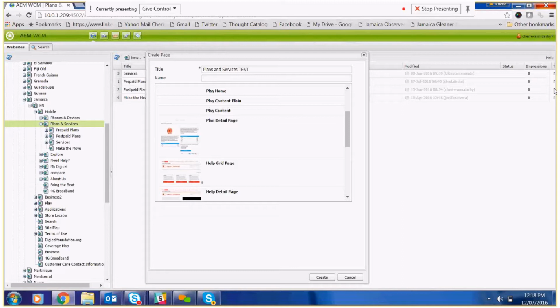Whereas you could use the market content page. However, one, it's not going to put in the content the way you want it to. Two, it's going to give you more work. So that's why we're going to use plan detail page in this situation. So I have my title in. I'm not going to put in my name, but you guys could if you wanted to. And I'm going to do